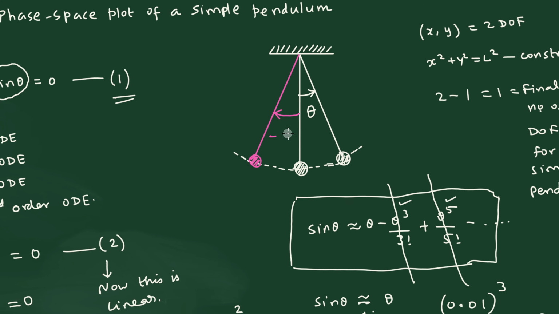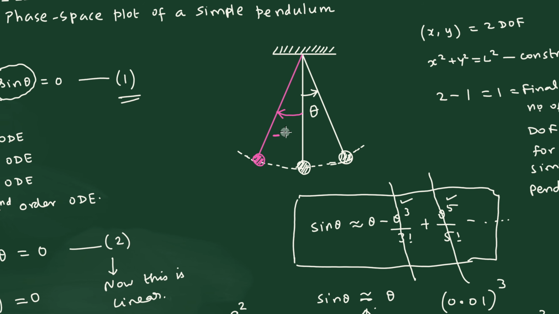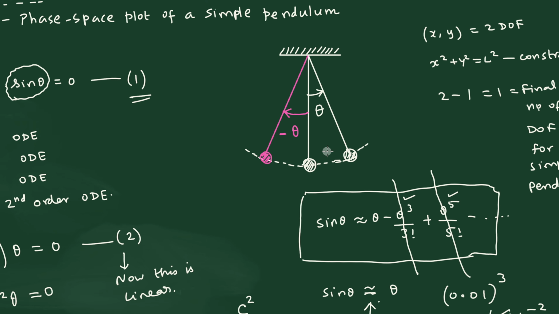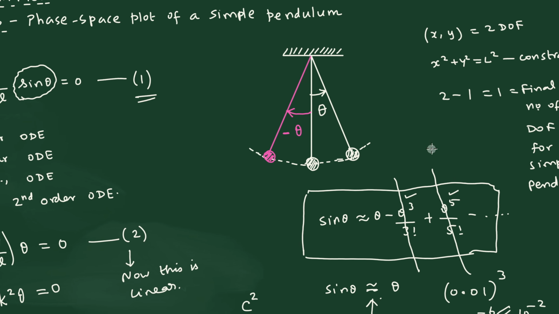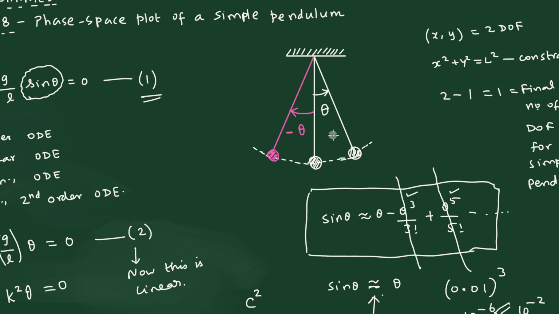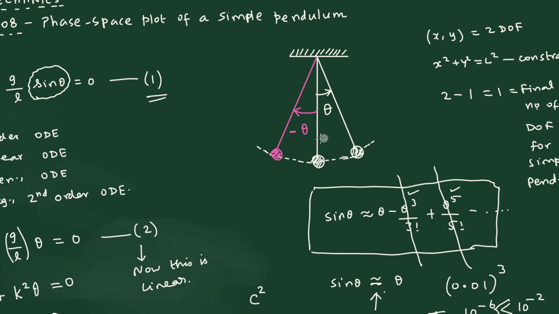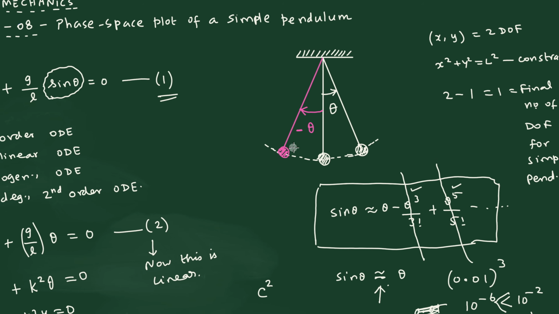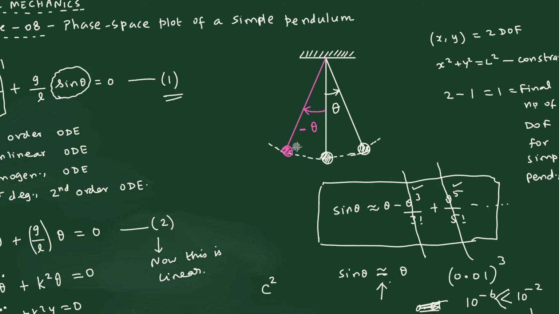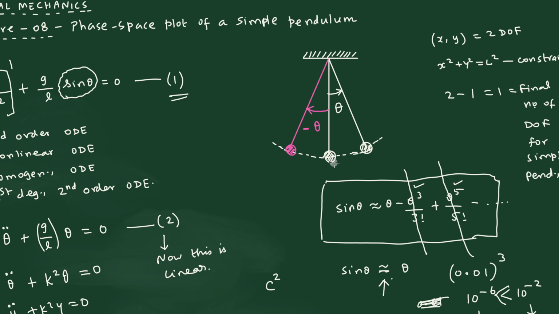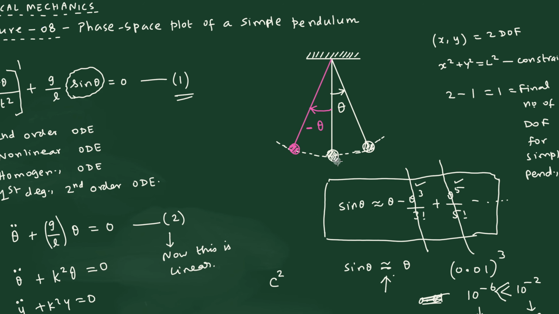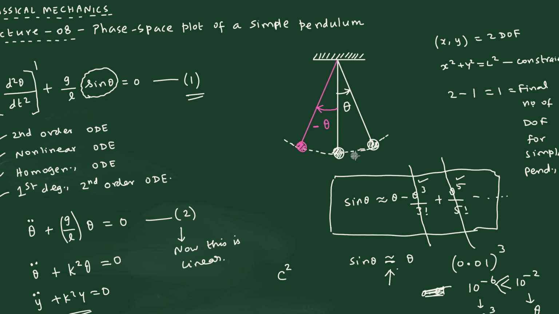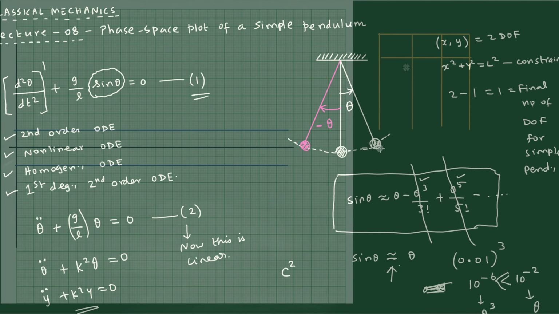All the measurements of the angle taken to the left side will be minus theta, whereas any theta that you measure towards the right side of the equilibrium point will be plus theta, that means positive values of the angle. Any angle measured towards the pink color will be the negative value of theta. So plus and minus values are required. And when the bob is in the equilibrium position, theta is 0. It's neither positive nor negative. That is the standard convention when you perform measurements.